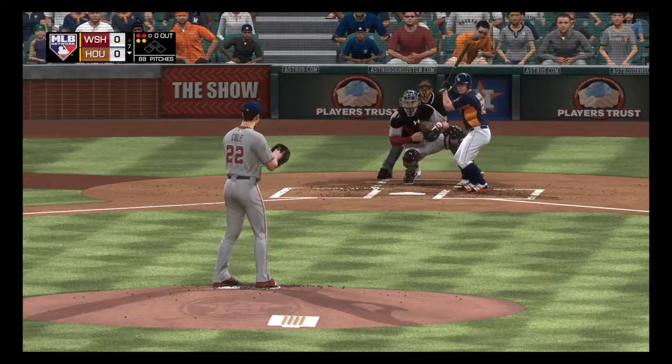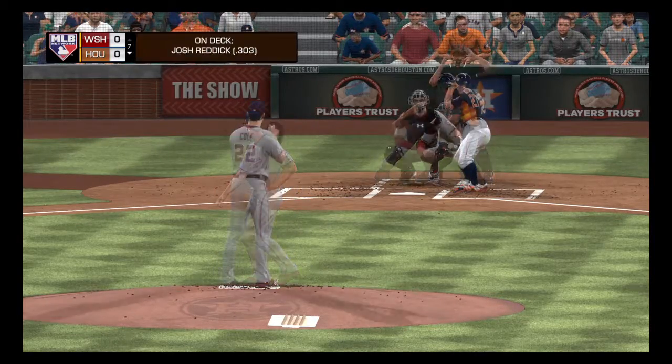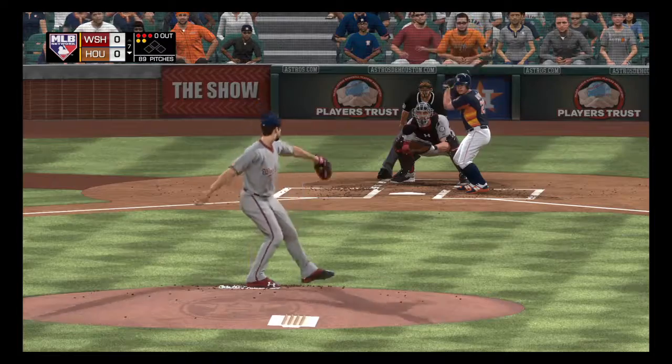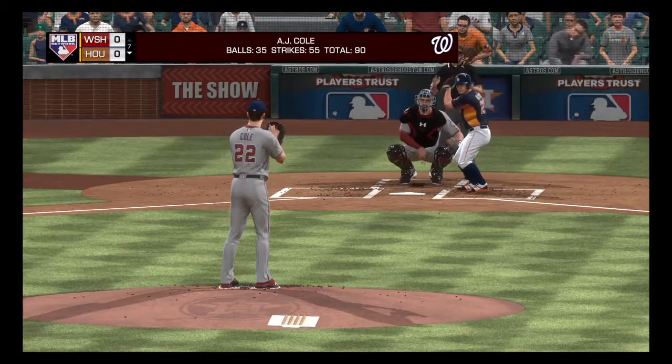2-2. Trying to send him packing for the second time. And he misses this one inside, and that'll run things full. 3-2. Well, they haven't had a lot of offense in this game right now, though. You got 3 balls here. Maybe this will be the leadoff walk that gets things going for